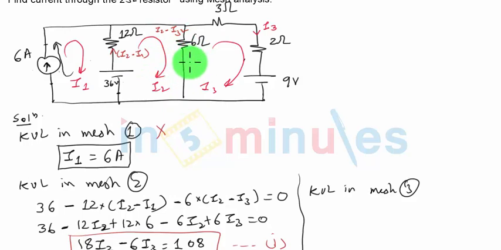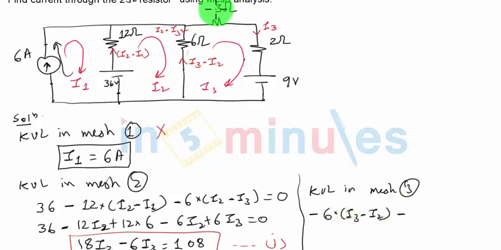So the equivalent current in upward direction this time can be written as I3 minus I2. I keep I3 first because I3 is flowing in upward direction and equivalent current is also defined to be in upward direction. So what will be voltage drop across 6 ohm? Because we are traveling also in upward direction, it will be minus 6 into (I3 minus I2).